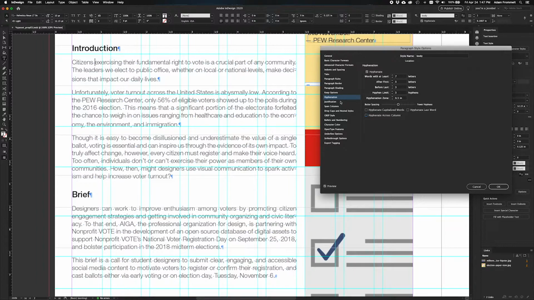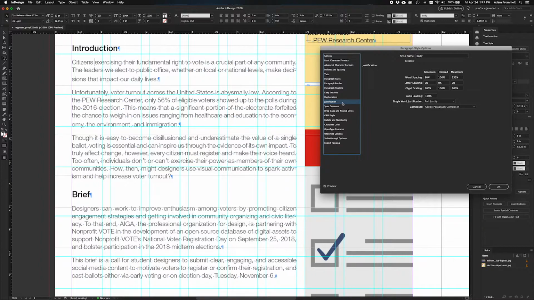Okay, this sets my hyphens in a reasonable way for setting justified text. So that's my H's. H's and J's. Now I'm going to adjust the J's. So now that I have my hyphenation in here, what I'm seeing is that this is actually looking a little bit tight to me just from here. It might be okay. I'm not going to be able to look at it without the print preview on until I finish setting. It usually takes me a couple times going back and forth in here to get this justification